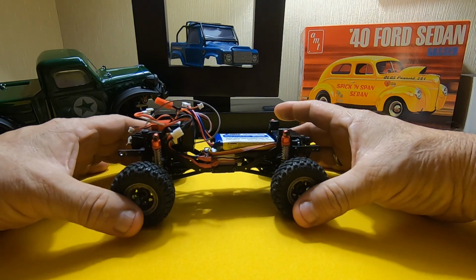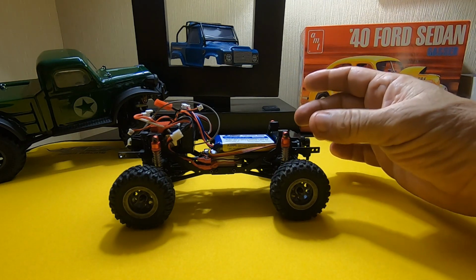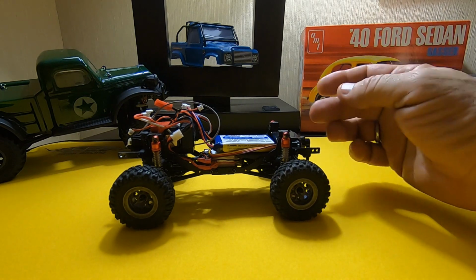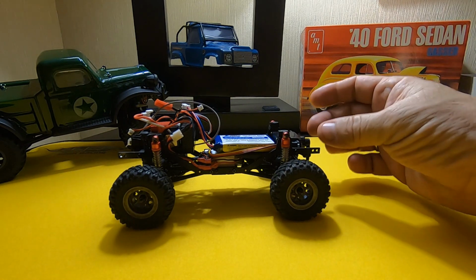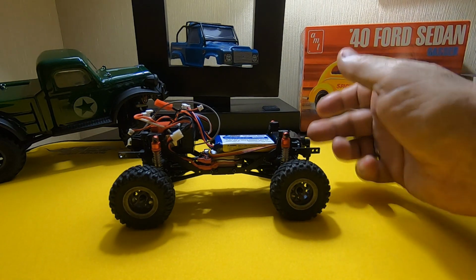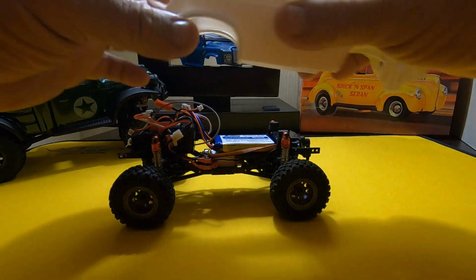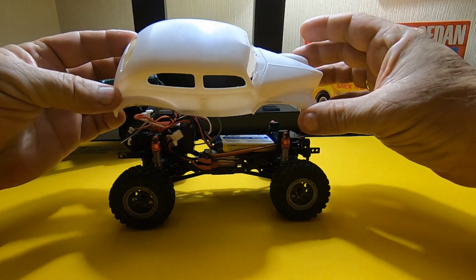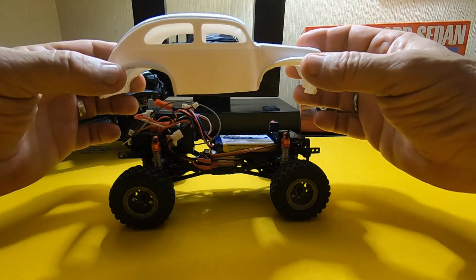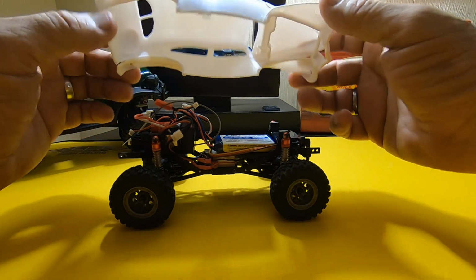But I didn't like that it didn't have any fenders. I didn't like that there wasn't anything in the front here. Especially with the grill, you could glue the grill to the hood, but there would be nothing substantial holding the grill, and I assumed that we would break that off pretty quick. So what I wound up doing is I cut the fenders off of the frame rails,